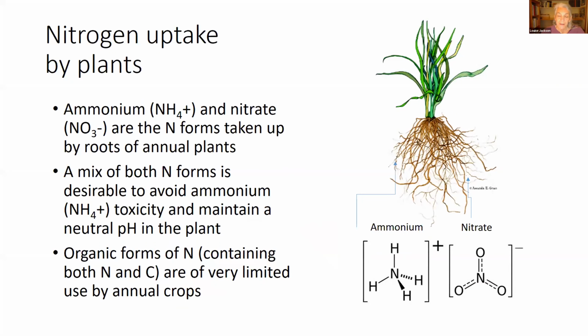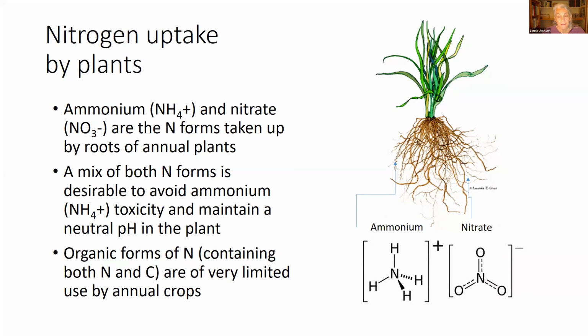So as you've heard before, ammonium and nitrate are the end forms taken up by roots of annual plants. And ammonium, NH4+, is positively charged, nitrate is negatively charged. And the compounds also vary in a really important way in that ammonium is more reduced, essentially has more energy in it than nitrate, which is more oxidized. Ammonium in some ways seems like a great bet for a plant since it's already reduced, but it can be toxic. And under high ammonium conditions, we want to avoid toxicity. And the general rule is that plants taking up a mix of ammonium and nitrate is better for maintaining pH within the plant.